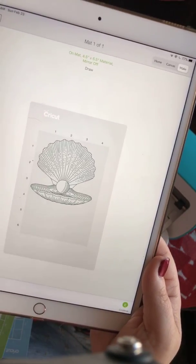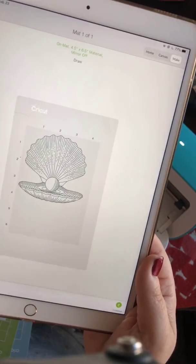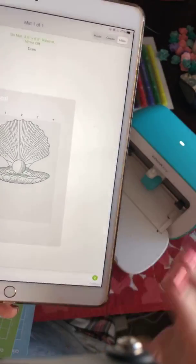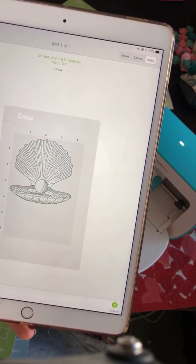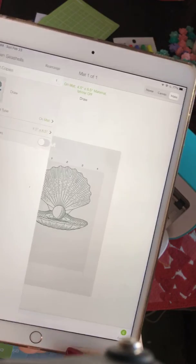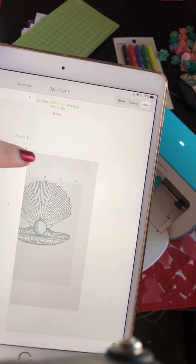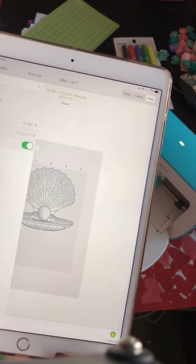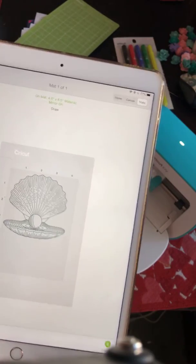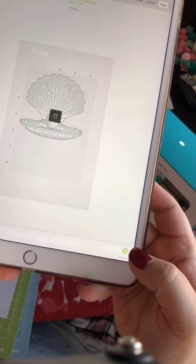Okay, and there it is on the mat, and you see it's actually on the small mat, but I'm going to use the 12-inch one. I haven't seen any problem with that. Now normally this is the place where you would mirror your image, and just so you can see what that is about, you hit that little thing that looks like a mat, and you can mirror it here. In this case, it doesn't really matter because it's kind of symmetrical, but it's good to get in that habit. Okay, and then we hit continue,